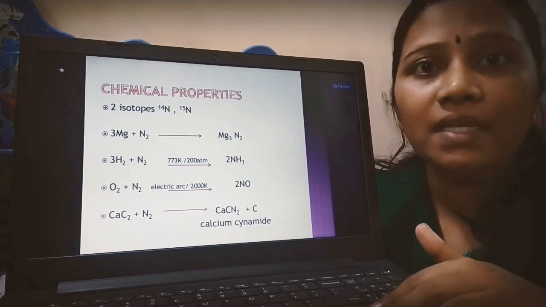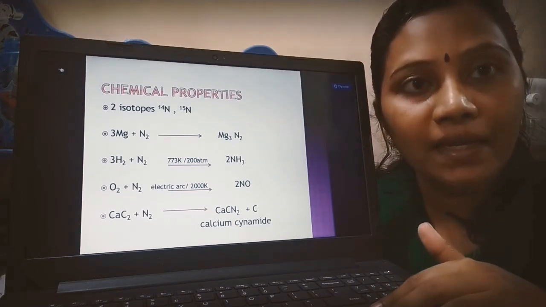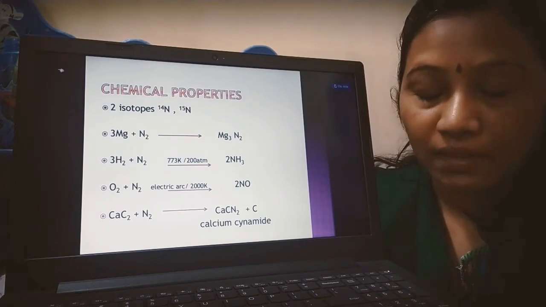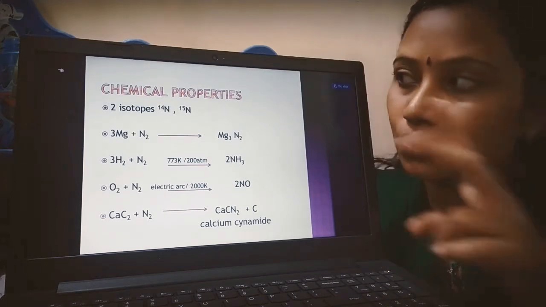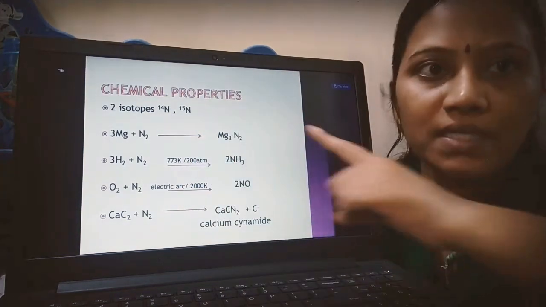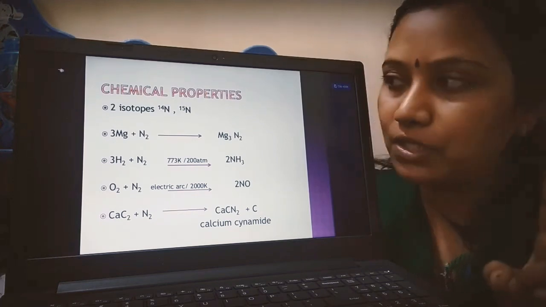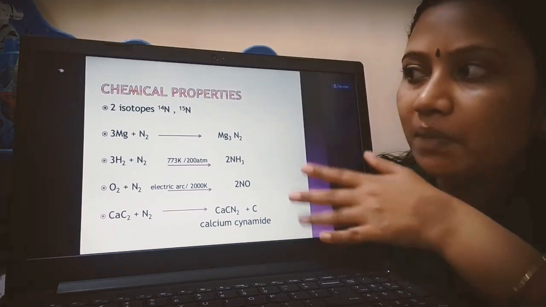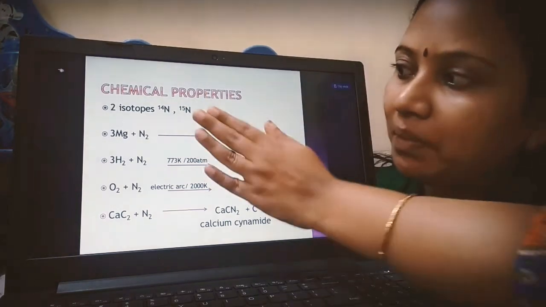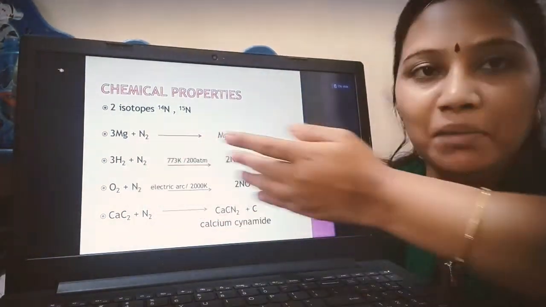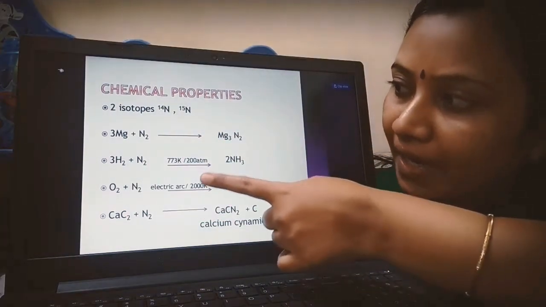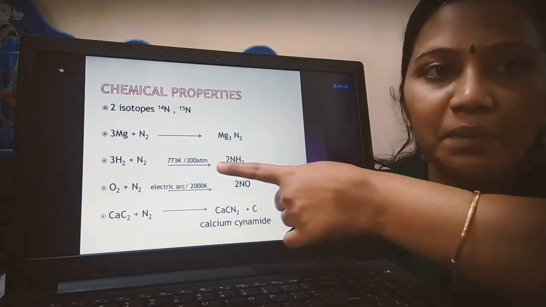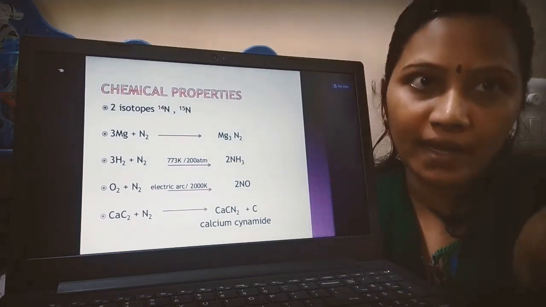Then what is the chemical property? We know dinitrogen exists in the form of two isotopes. One is N14 and the other one is N15. These are the two possible isotopes. Now moving to the chemical property, this you can tell me. When magnesium reacts with nitrogen, you will be getting magnesium nitride. Then when hydrogen reacts with nitrogen at high temperature, we will be getting nitrogen trihydride, which is nothing but